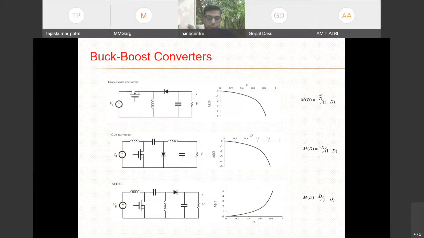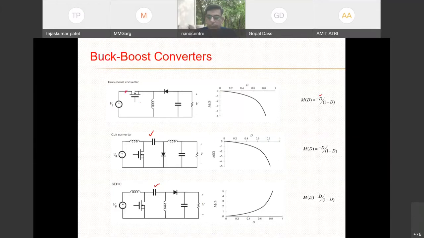All converters have different analysis. In the buck converter, the output voltage varies with the duty cycle, and the output voltage is always less than the input voltage. In the boost converter, ideally the output voltage keeps increasing with the duty cycle, and as the duty cycle reaches 1 it should ideally reach infinity, but that never happens. We'll see it later. In the buck boost converter, depending on the duty cycle, if it is greater than 0.5 it operates as a boost converter. Then there are the Cuk, SEPIC, and Zeta converters, which also act as buck boost converters, right?